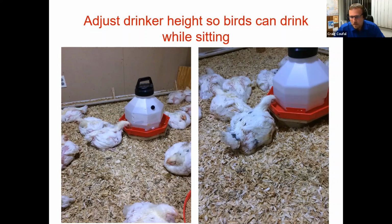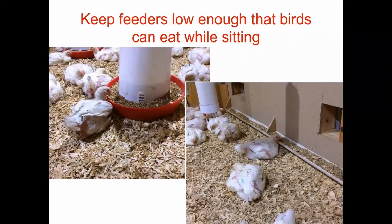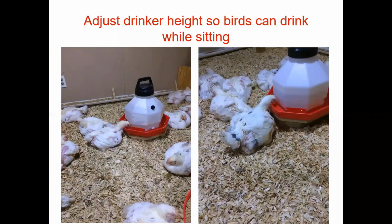So again, the person who gets the most feed, and therefore also the most water down the neck of that bird, is who's going to have the best birds. So do what you can to make those birds eat and drink all they can. That's what I say. So how do you monitor to make sure that they're eating and drinking enough as they're